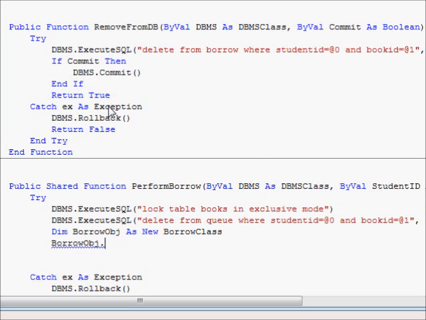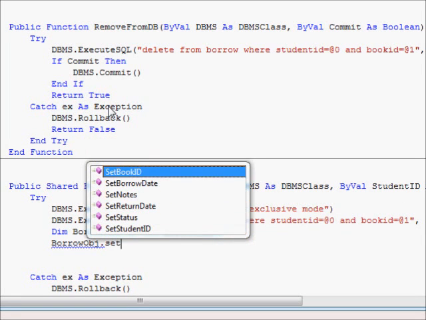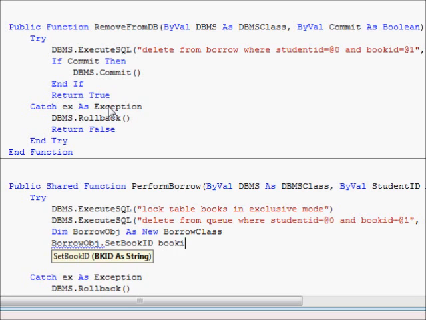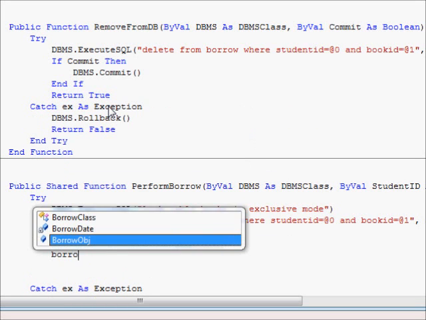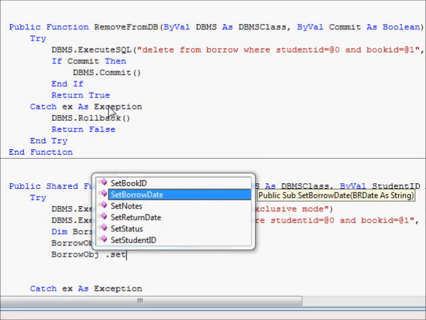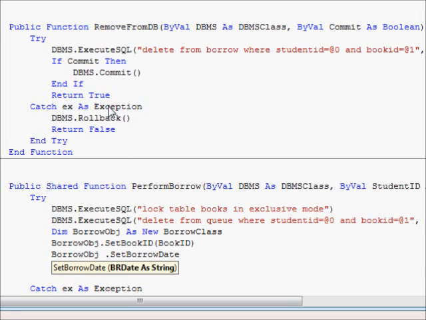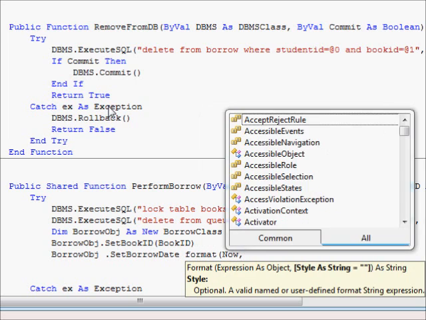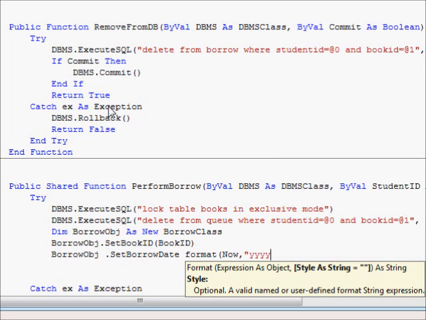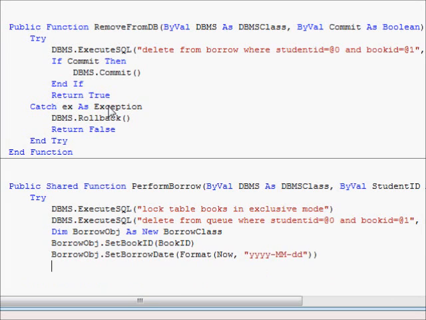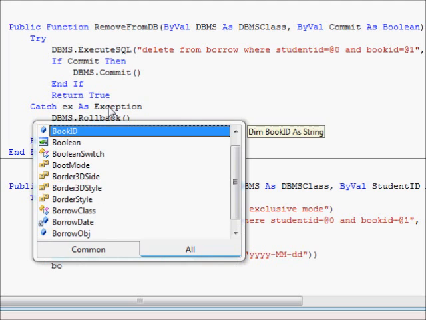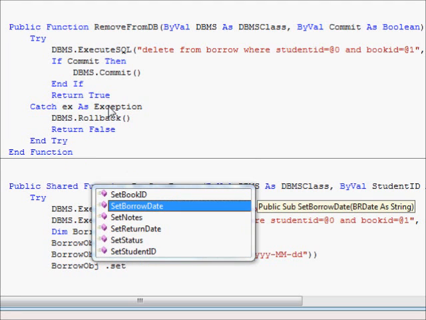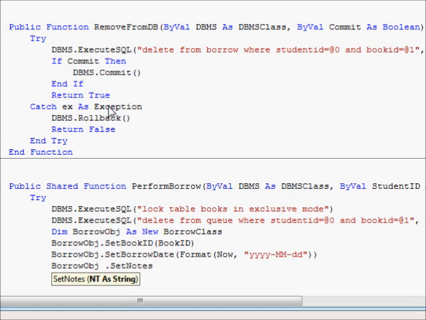Yes, so now set book ID, this is going to be book ID, borrow obj set borrow date. Now this should be what? Format, now the style 1234 DD. Okay, borrow obj set notes,